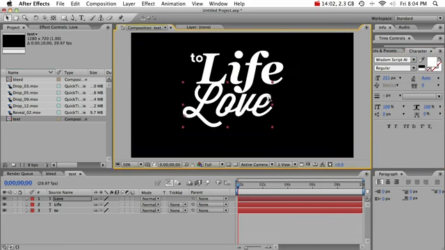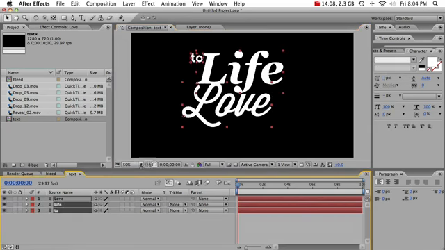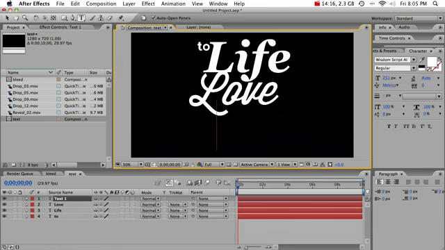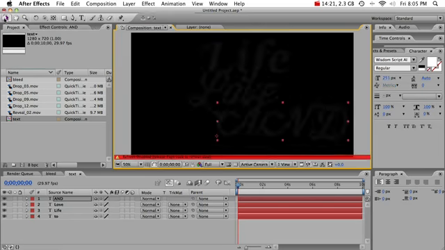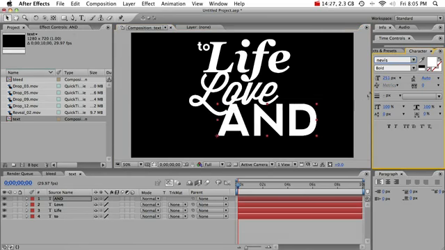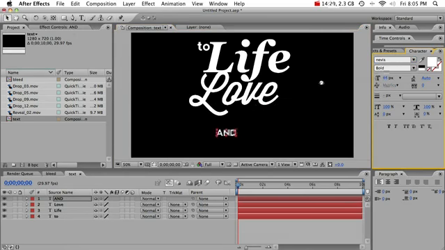I'm going to want the fonts touching just a little bit, just like that. I'm going to shift click all of them and click and drag this up so I have it all inside of this. To life, love. I'm going to type in, and I'm going to make this one Nevis as well. Bring the size down quite a bit. To life, love, and